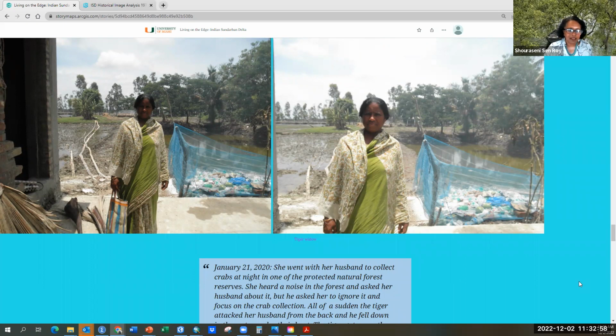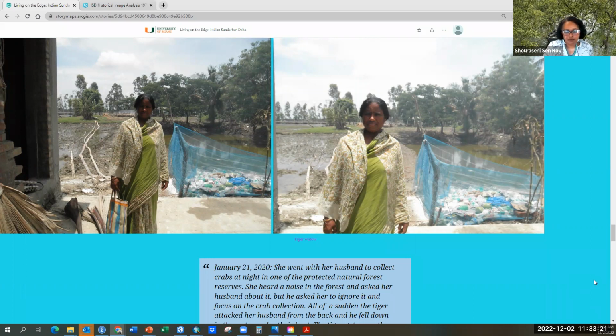Usually when these men go into the forest for crab collection or fishing, they wear a mask, a face painted on the back of their head, so that the tiger thinks that the person is looking at them from the back also. So they have a face on both sides.